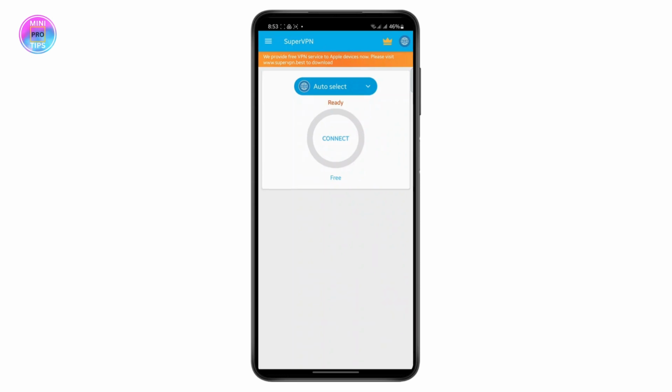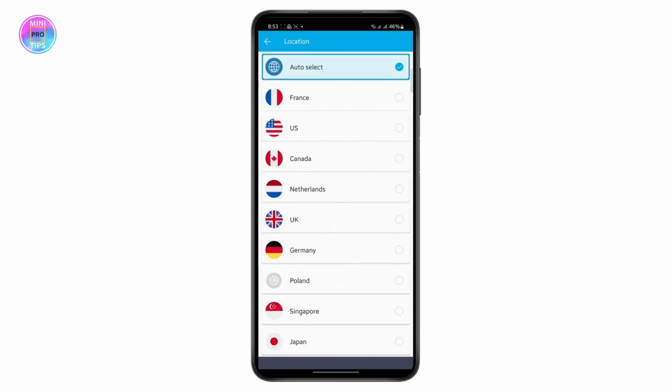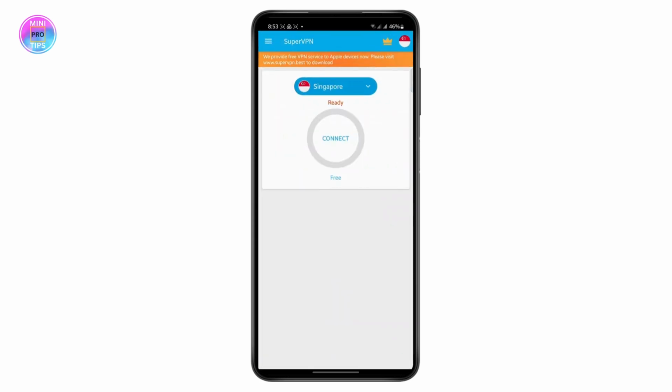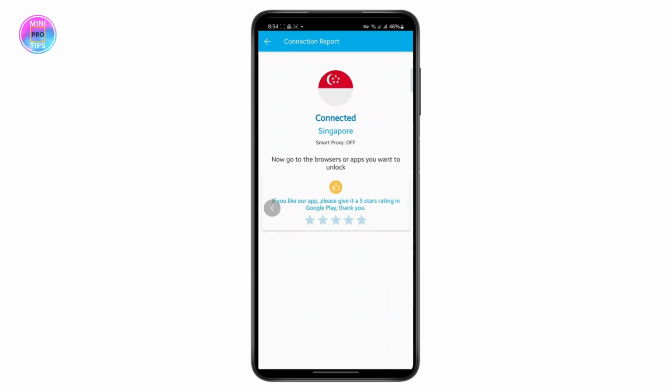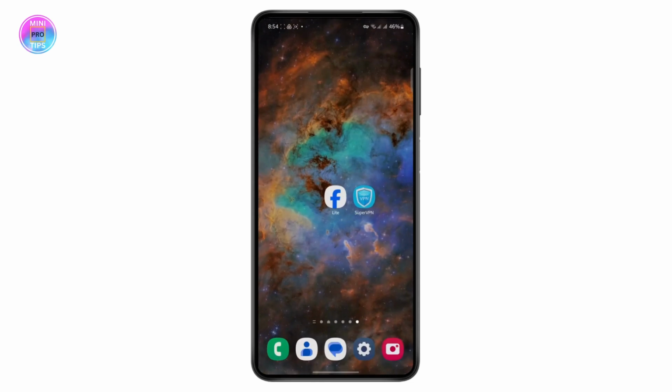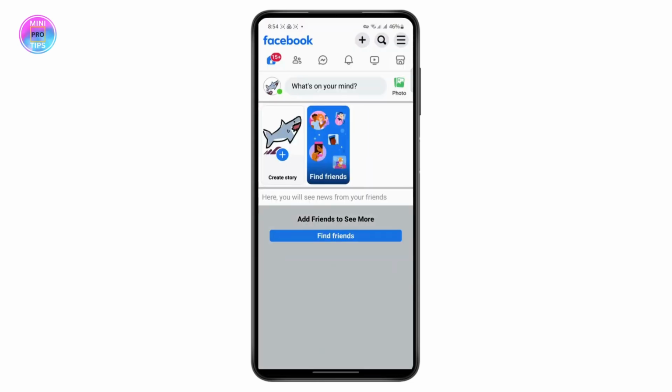By default, it will auto select a country, but what you really want to do is select any Asian countries like Singapore or Japan. I'm just going to choose Singapore for now. And once you do that, you can connect it to your Singaporean server. Once your VPN is connected, as you can see, it's now connected, and there is this key icon on my status bar. So what I can successfully do now is open my Facebook, and from here